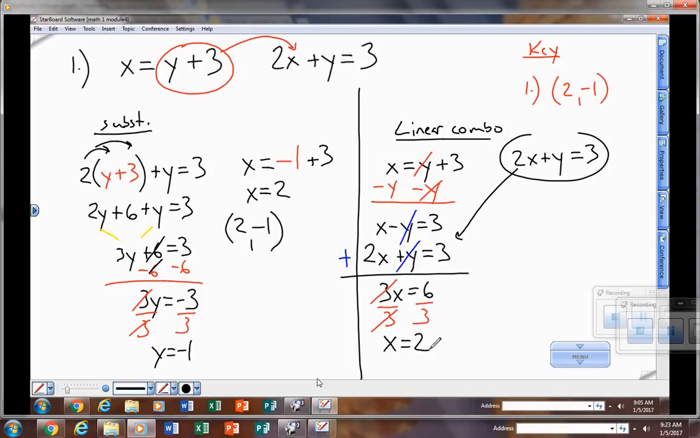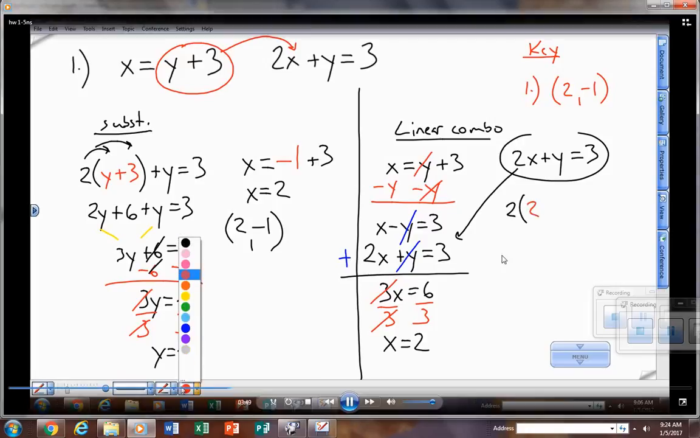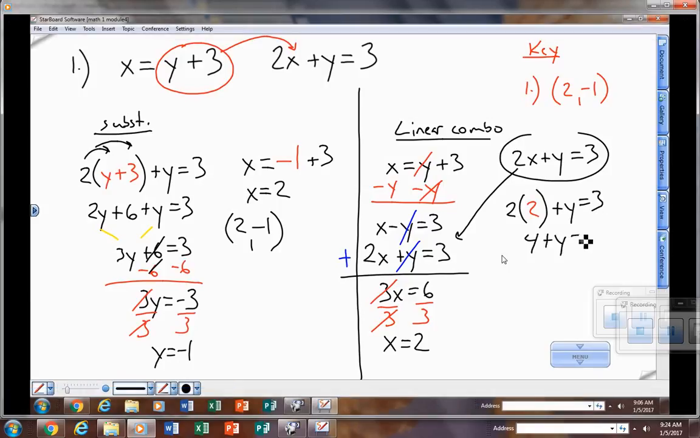And then now choose either of the equations to plug that x as 2 in and solve for y. I'm using the one with a 2x, so where that x used to be, I plug in 2. The original 2 is still there. And then 2 times 2 plus y equals 3 gives me 4 plus y equals 3. And take away that 4 and gives me the same answer, y equals negative 1. So that is same answer, 2 for x, negative 1 for y. All right, problem number 2,